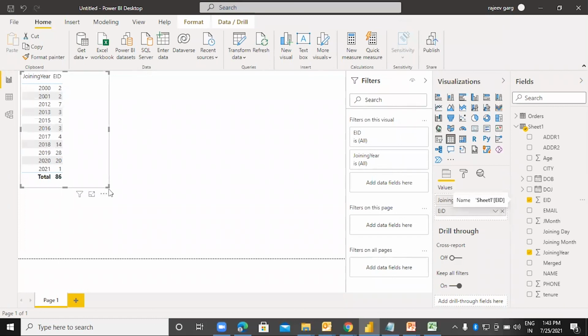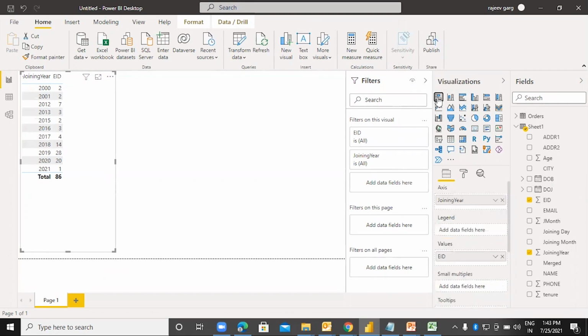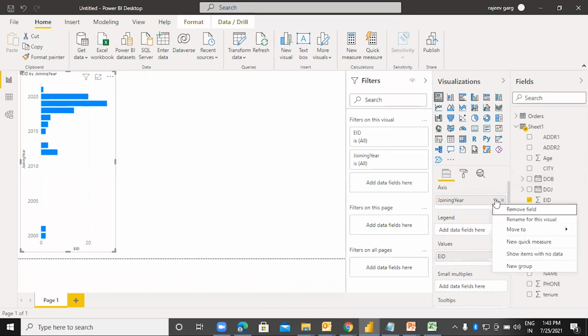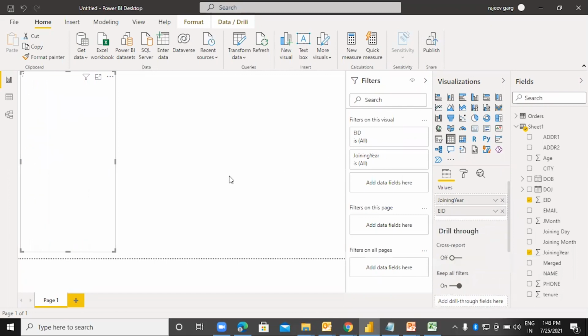So it is giving you the bifurcation of how many joinings have been done in each year. I think tabular view is better. We will put it into the tabular view.